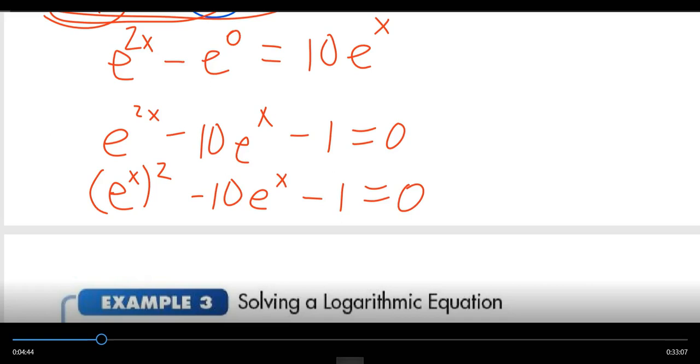So, right there we have our quadratic. And to solve a quadratic,